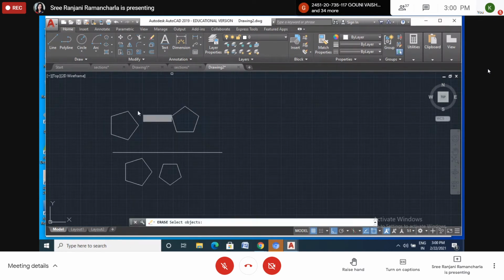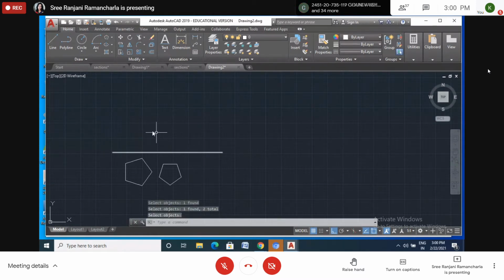So I will remove these two. Okay. These two are removed. These are not correct. So out of these two, now which one do you have to select? Which one is the correct one? The question says the edge of the base is perpendicular to VP. Which one is the edge of the base? These are the edges. These are the base of the pentagonal pyramid.